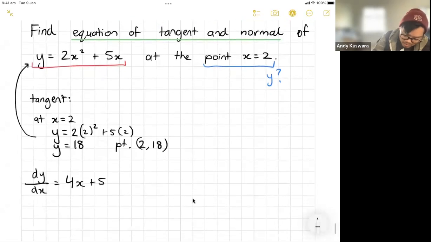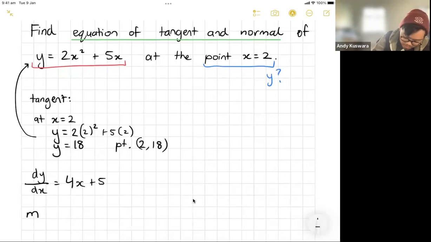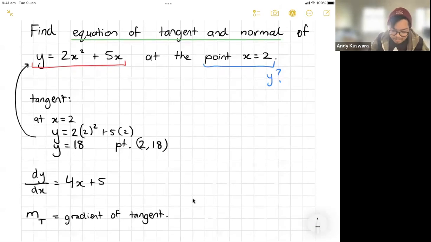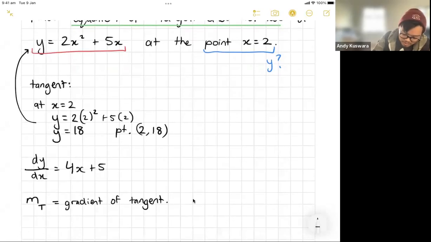Now to find the gradient of the tangent, here's what I'll do. I know I'm writing gradient of the tangent. I like to write this m, and then a little t. That there means my gradient of tangent. I'm just going to write it just for this one example. But when I say the gradient of the tangent, what I really mean is m_t equals 4